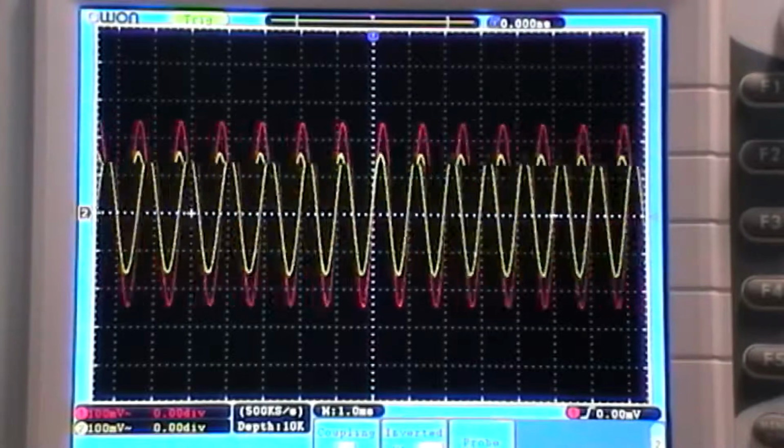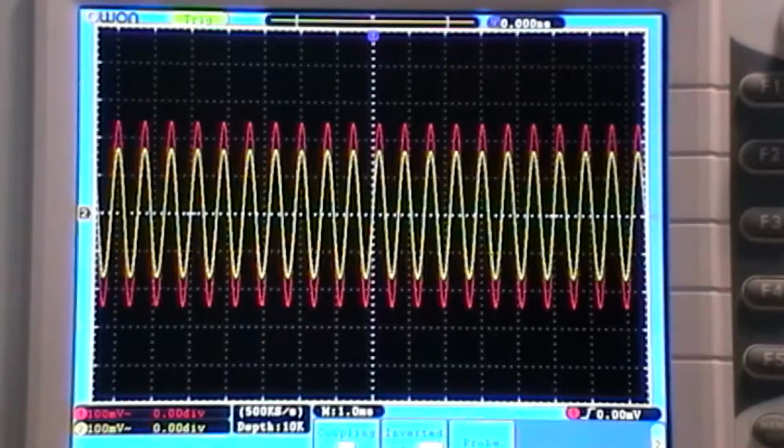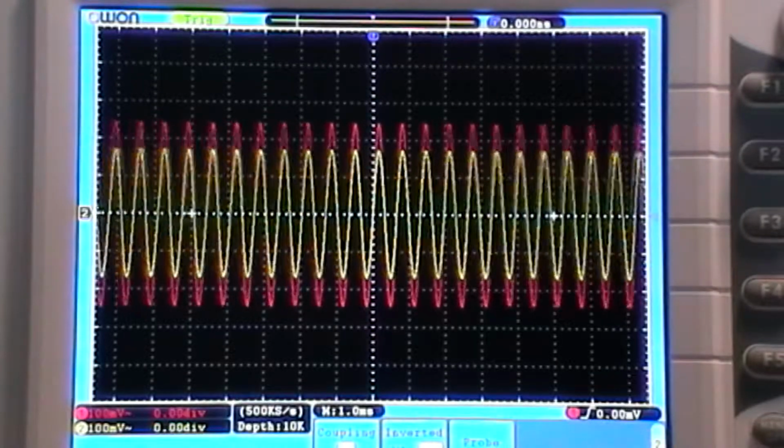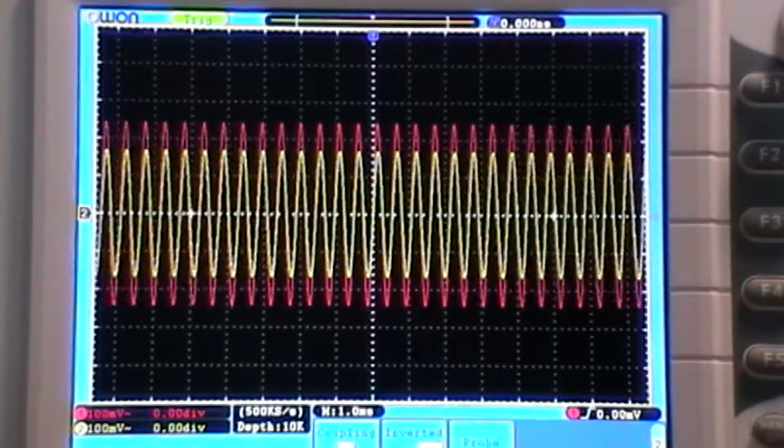So I'm just going to turn this back up to the 1.5, and let's do a frequency sweep. Now I've set this up to be 100 Hertz up to 5 kilohertz. So let's turn that on and see what it does. We're starting at 1.5. It's going to rise and then fall. So as it rises,